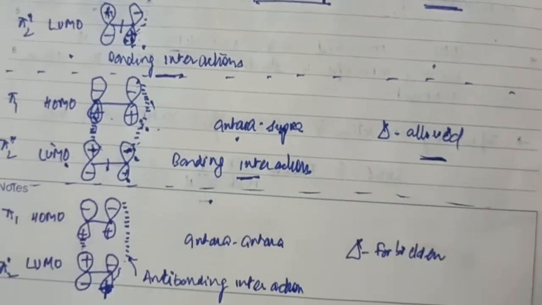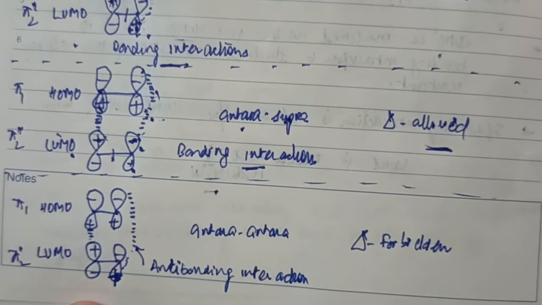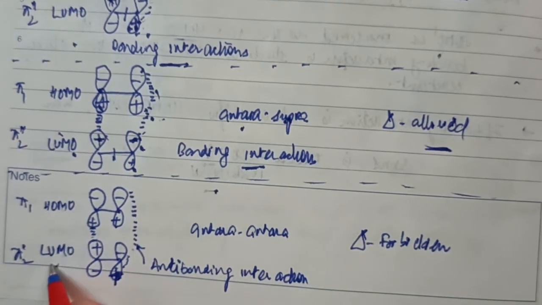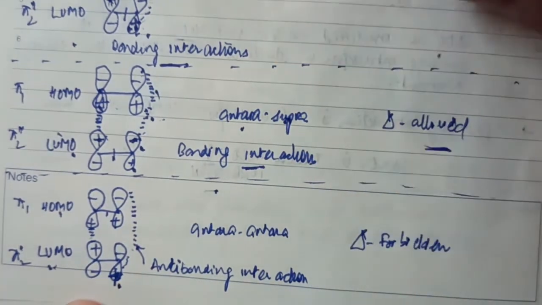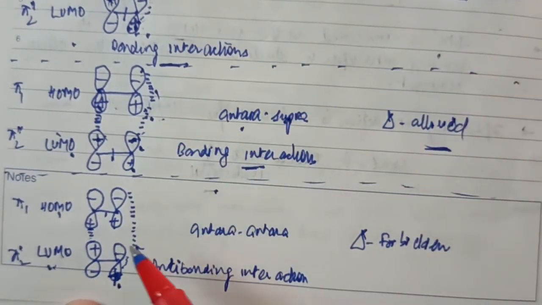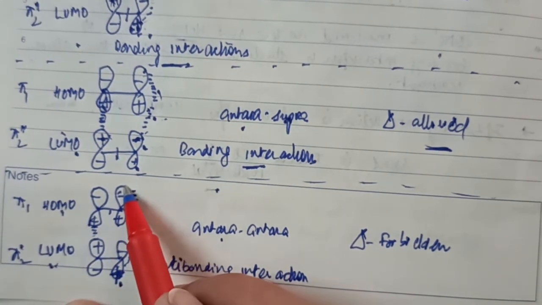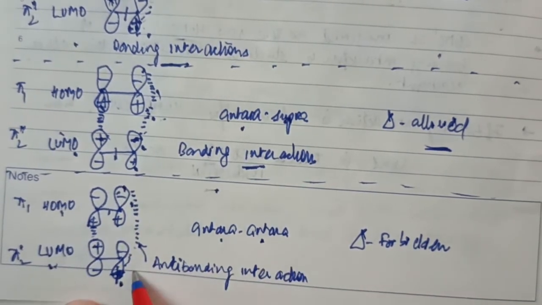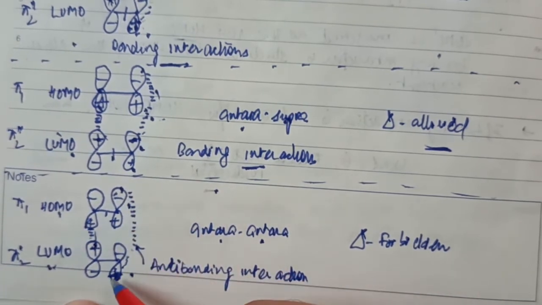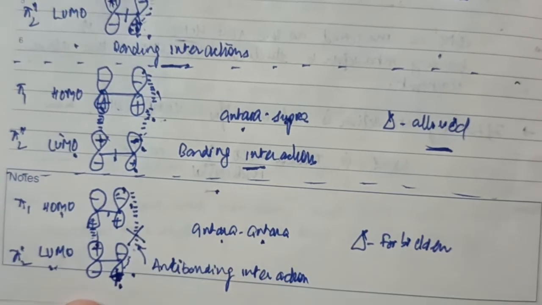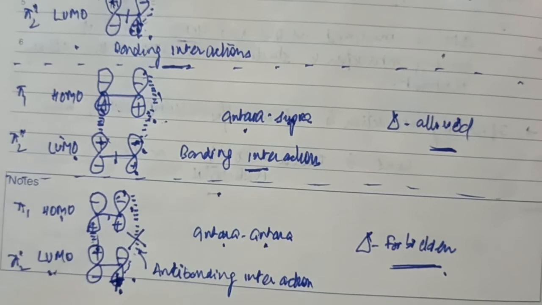Consider antara-antara as the last stereochemical mode here. Again the orbital system is the same: HOMO zero nodes, LUMO one node. Orbital systems in all these cases are the same. Antara on the first component, opposite faces should add. Antara on the second component, opposite faces should add. Positive overlaps with positive, bonding. Negative overlaps with the lower one, which is positive, therefore there is an antibonding interaction, and since there is an antibonding interaction, this process is forbidden.